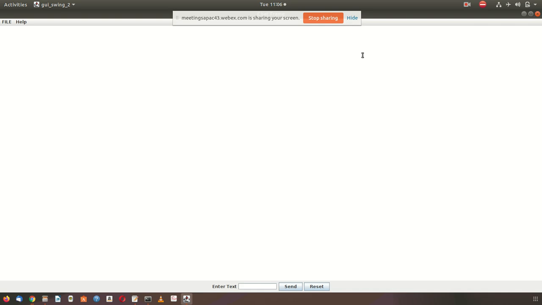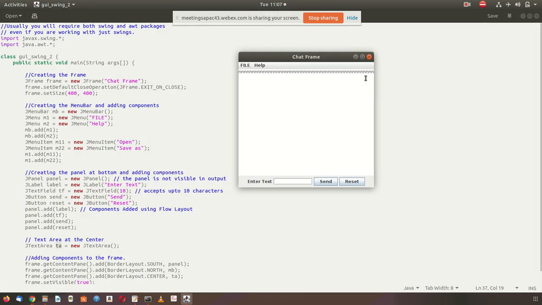If you increase this, you see the whole thing is a text area where you can type. It is auto adjustable depending on the size. There are a lot of inbuilt adjustments going on which you are not programming. If I minimize it, whatever you type is all still coming. So this is called text area.